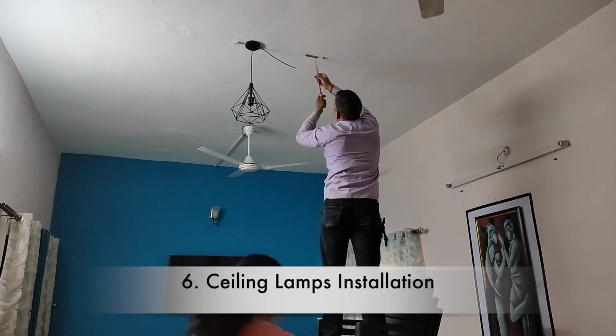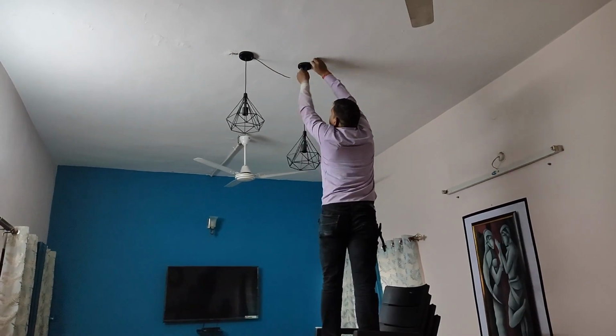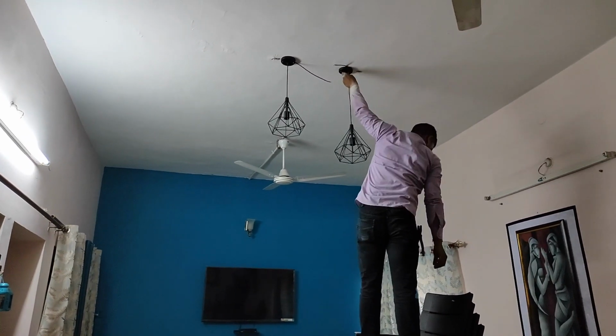So as you all know, एक अच्छे ambience के लिए light plays a very important role. So that's why I added these lamps into the ceiling, जो ये बहुत टाइम से घर पे रखे हुए थे।